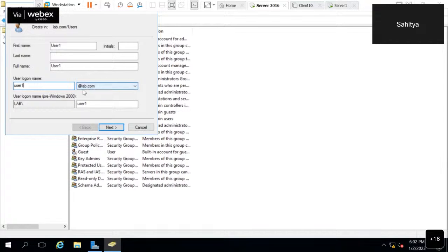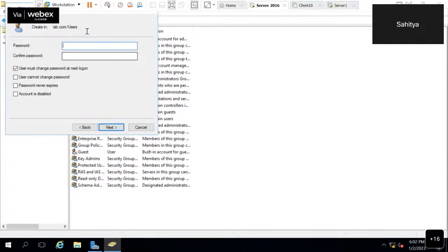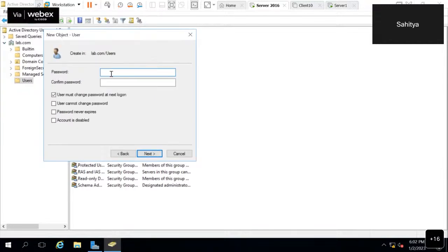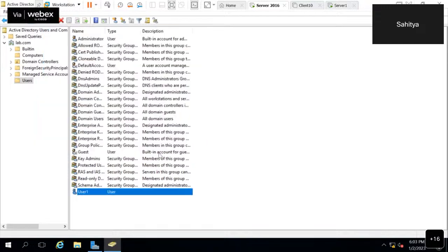अब ये यूजर 1 सिर्फ lab.com के सिस्टम में ही लॉगिन कर पाएगा, राइट? नेक्स्ट, तो फर्स्ट टाइम always whenever we used to create a new account we have to provide a password, right? And later on user can reset it by their own. ठीक है, so let's suppose I'm going to put it as abcd@1234, next and finish. So you can see user 1 account is there,